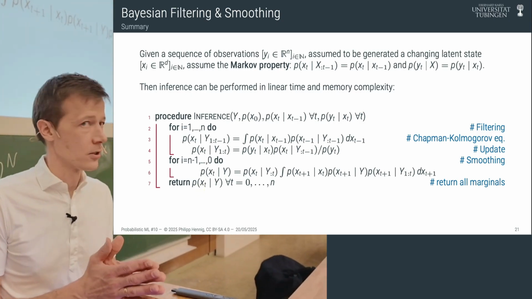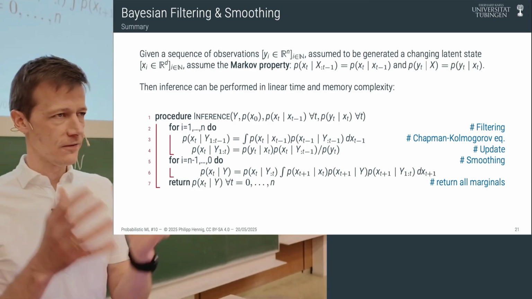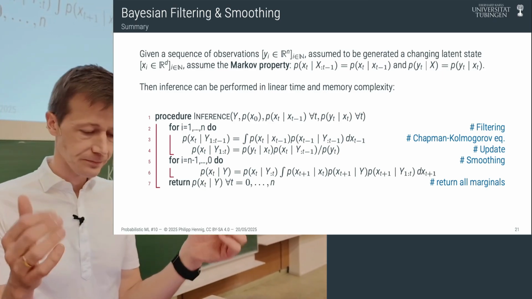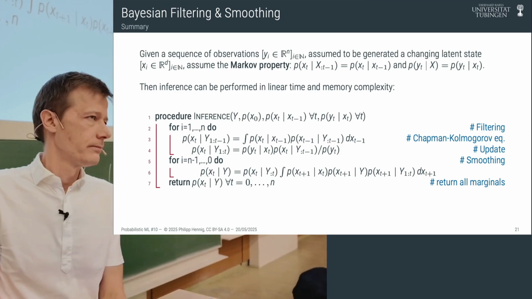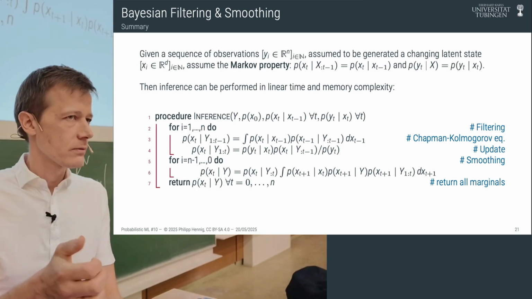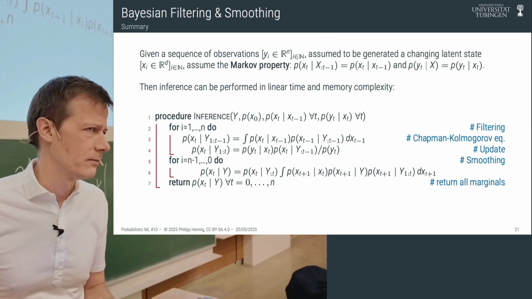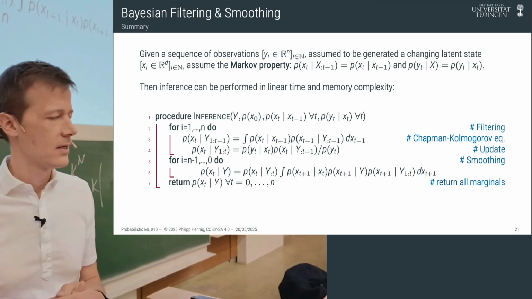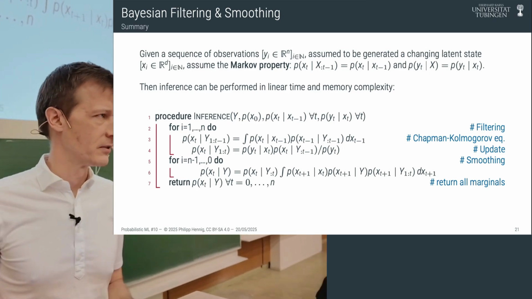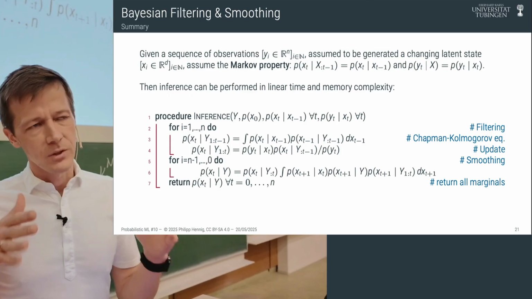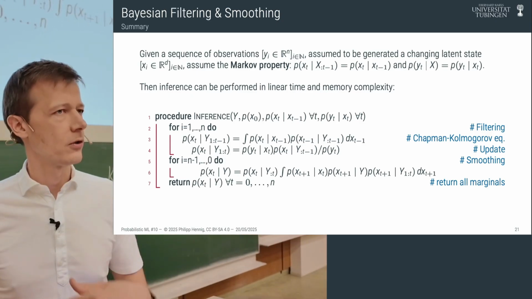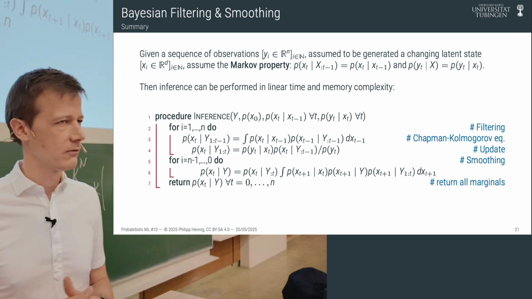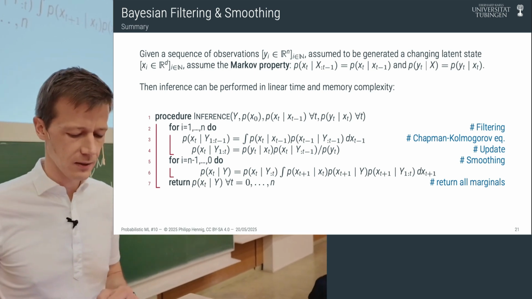Okay, so that was a lot of abstract algorithms. And two years ago, I would have made a switch here and said, now let's build an actual algorithm. And that actual algorithm is called the Kalman filter. This year, we're going to do something slightly different. I'll do the Kalman filter on Thursday. Actually, the slides for it are already here as a backup, but I'll just do it on Thursday.